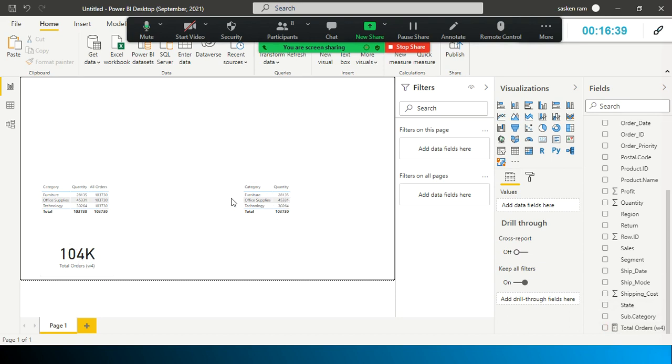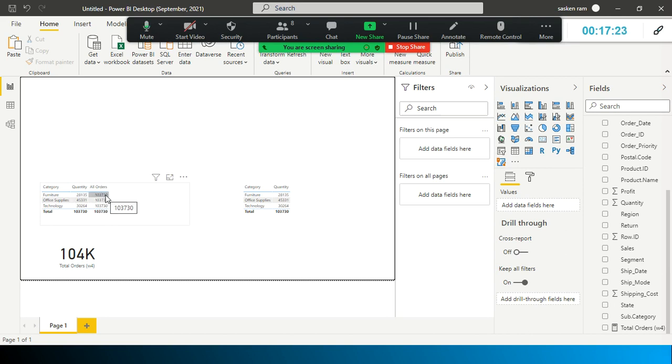When you simply drag and drop this inside a card, it shows 103730. But when you drag and drop this along with the category or any categorical variable, the row and column filter is applied on this one. So the row is furniture and quantity. For this category furniture, what is the total sales? Similarly, for the row office supplies, it will automatically filter this one. But if you put it alone here, it will give you the total value 103730. If you don't use the ALL filter, how can you bring 103730 here?